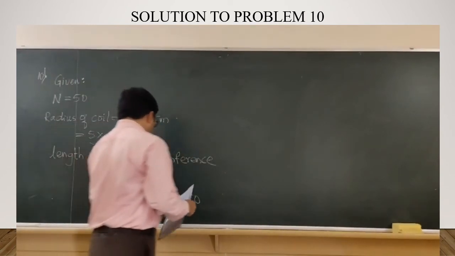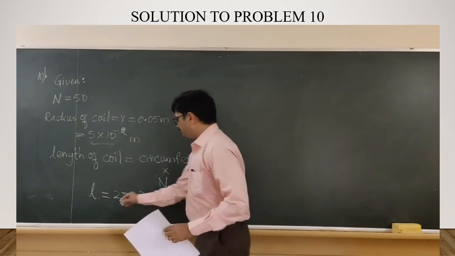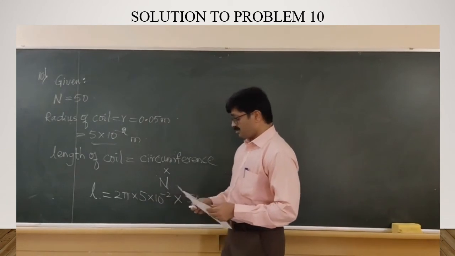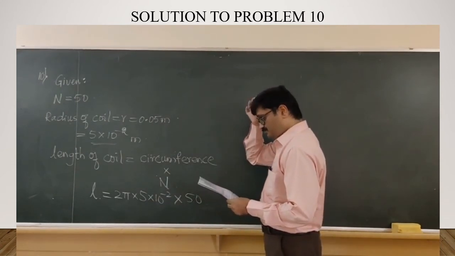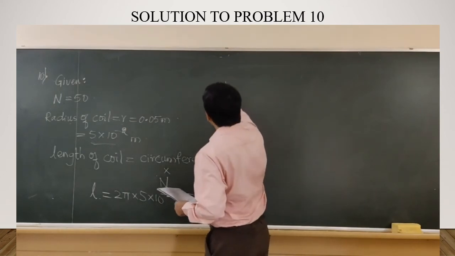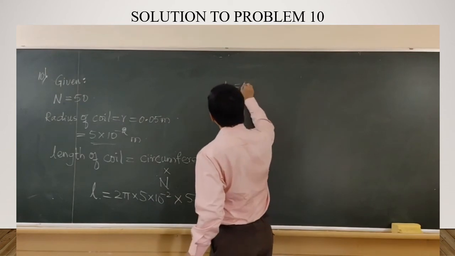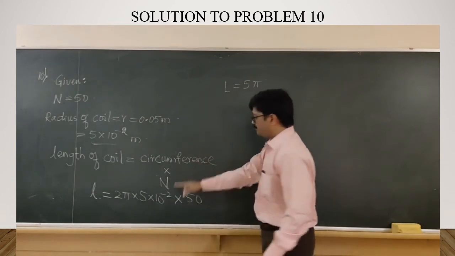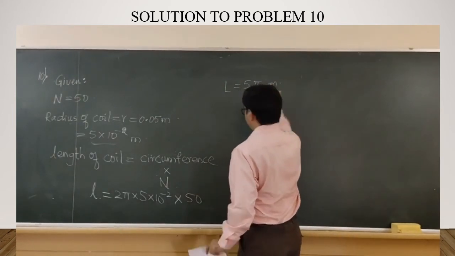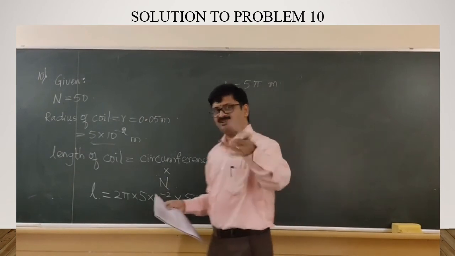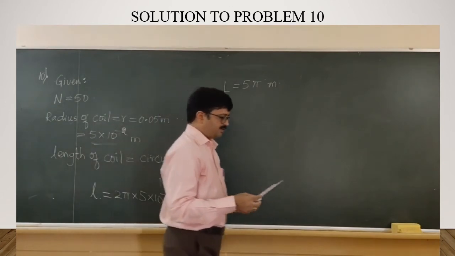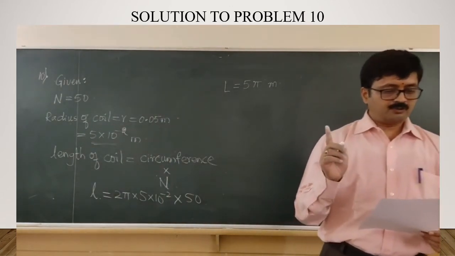Fine. So on multiplying, we get 5 twos are 10. Then we can very easily mention length L is equal to 5 pi. No need to put the value of pi, I'll just keep it like that. 5 pi meter we get as length, okay? Which is approximately around 15 to 16 meter range. Then next they mentioned the diameter of the wire.